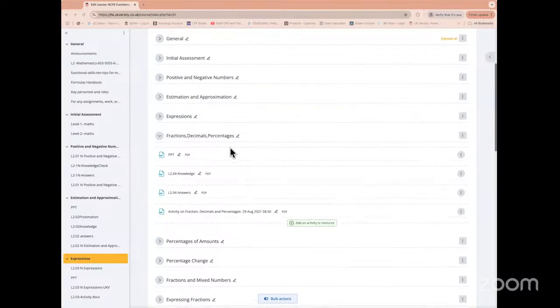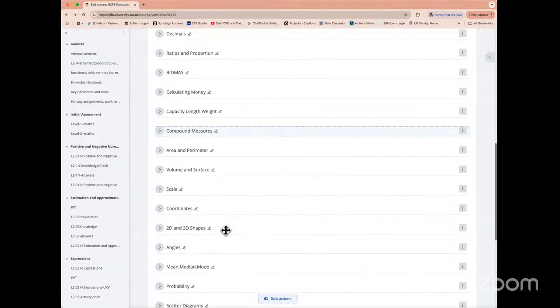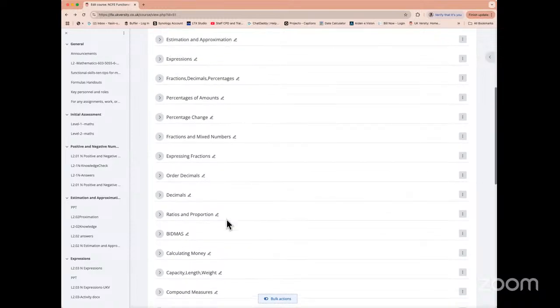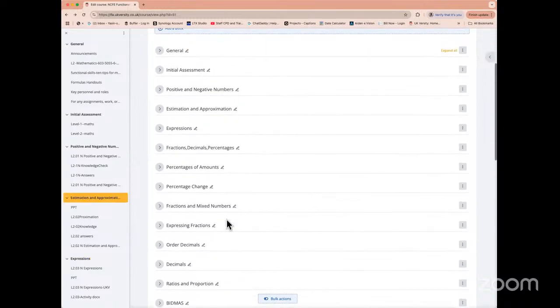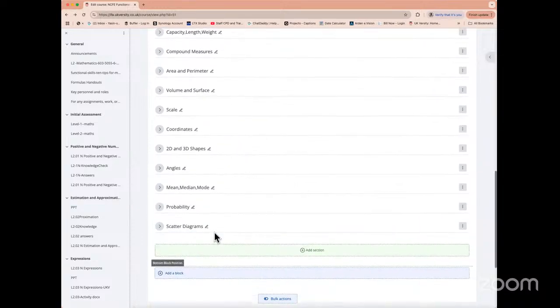So the exam is going to be after about 8 to 10 weeks, because there are a number of topics in maths. So what we are going to do is cover all these topics in terms of our discussion, go through this from a point of view of doing these activities to do a bit of a check that you've understood. As I mentioned in the last session, in the maths exam, there are 29 topics that you see here, from positive, negative numbers to scatter diagrams.